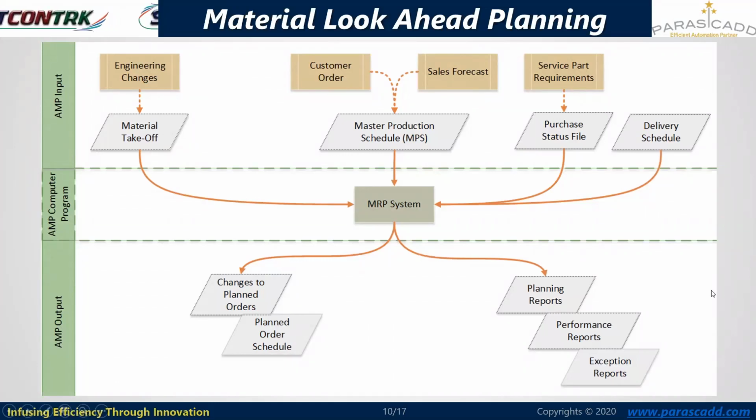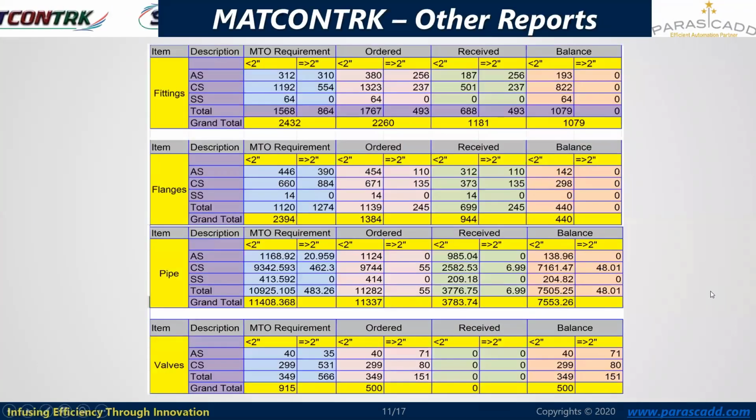Going ahead, this is another key report we can see on our screen. Item group wise, this matrix chart is shown over here. Item wise, like fittings, flanges, pipes, and valves, as well as their sub descriptions, are considered here, like the MOC: fittings, alloy steel, carbon steel, stainless steel, and the other groups are further subdivided. What information is tracked here for fittings? In the matrix columns, we can see the sizes are also distributed, like below 2 inches and equal to and above 2 inches.